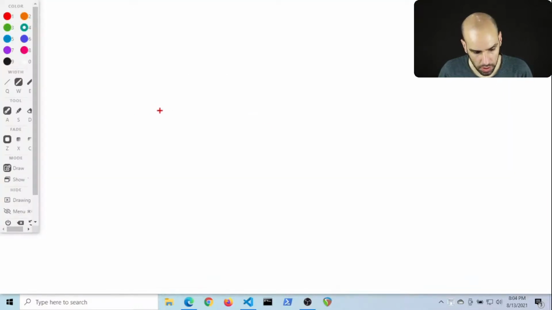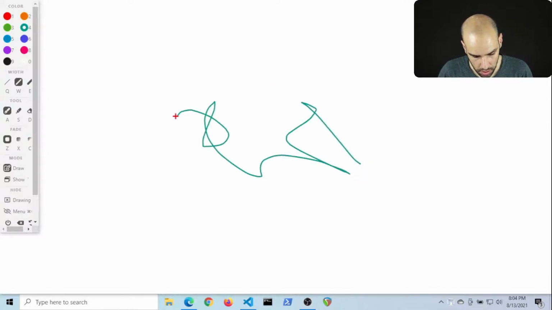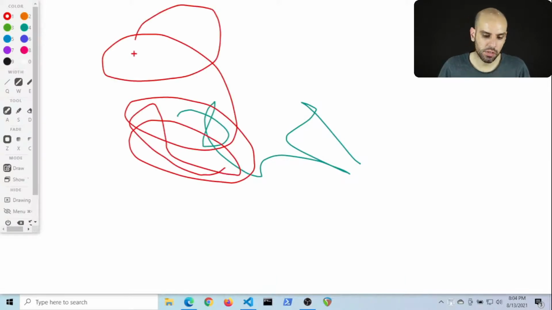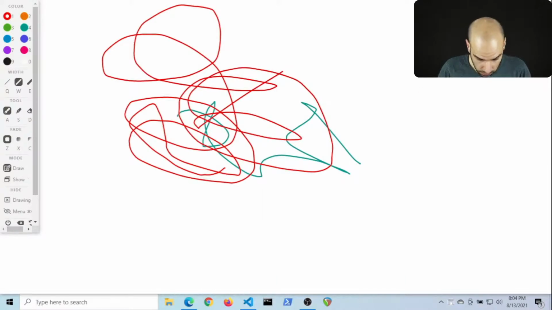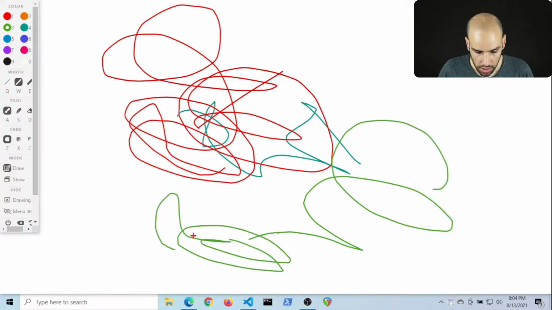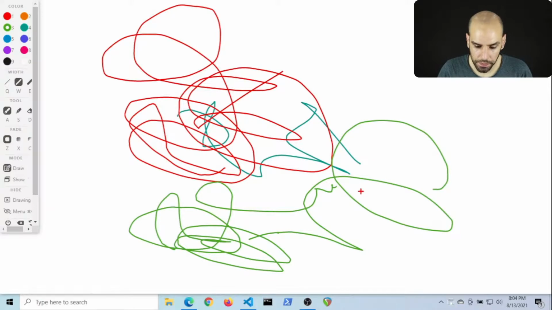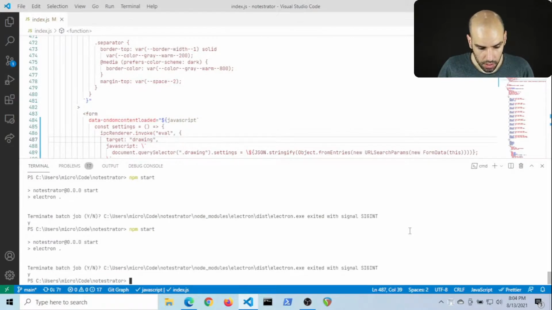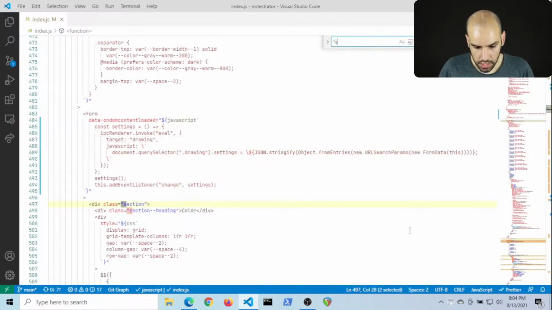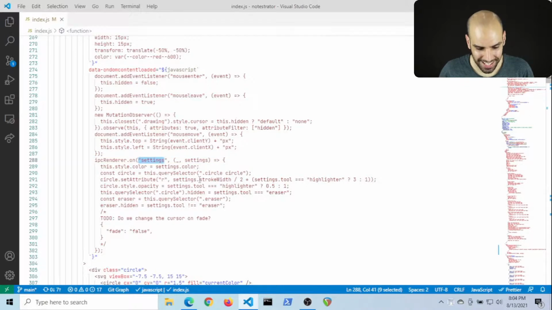And it did not work. But you know what's crazy? It is updating the settings because it is changing the colors. So maybe there is someone else listening for the settings. And yes, there is someone else listening for the settings event.